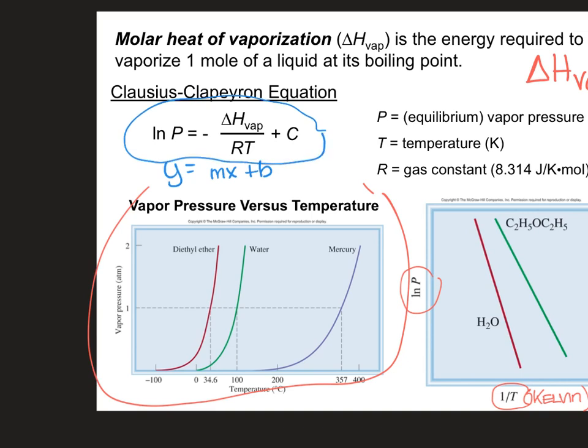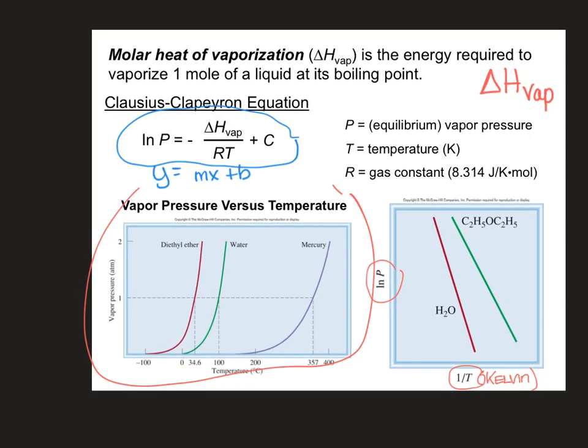Again, this isn't quite the form we're going to use yet. P, again, is that vapor pressure we were just talking about. Temperature needs to be in Kelvin. We're dealing with gases, so remember back to Gen Chem 1, you always put temperature in Kelvin. And then R is our gas constant. Again, same gas constant that you used in PV equals nRT. And then C is a constant as well that, in fact, in a second here I'm going to show you